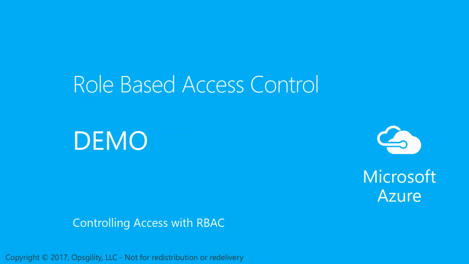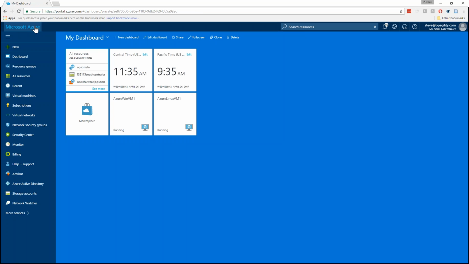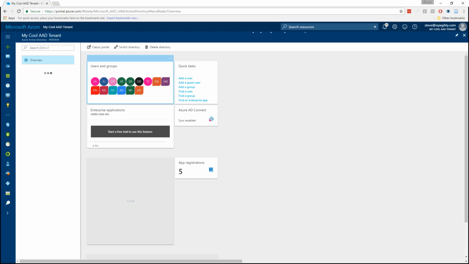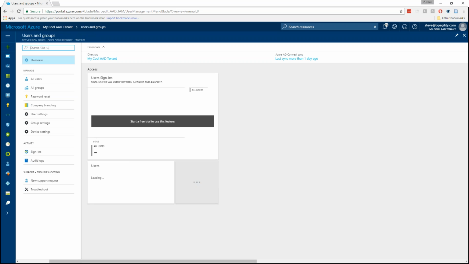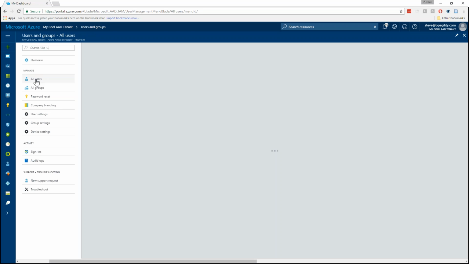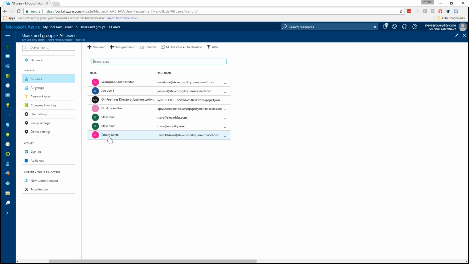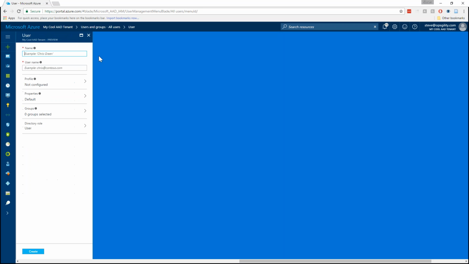I wanted to do a quick demo for you of role-based access control. I'm going to start again here on my Azure portal, and I'm going to click on Azure Active Directory. You'll recall that every Azure subscription is going to be linked to one and only one Azure Active Directory. So if I create users here, I'm going to be able to use those users or groups whenever I establish role-based access control. So I'm going to create a new user. We'll start just by clicking on Users and Groups and All Users. So here's my list of users for this subscription. I'm going to click on New User,